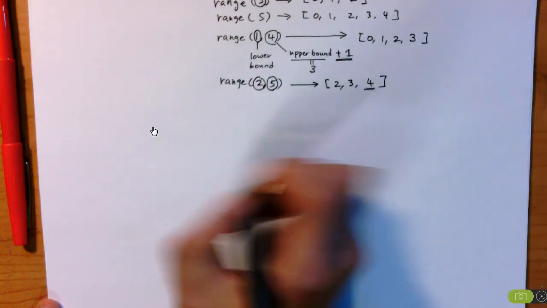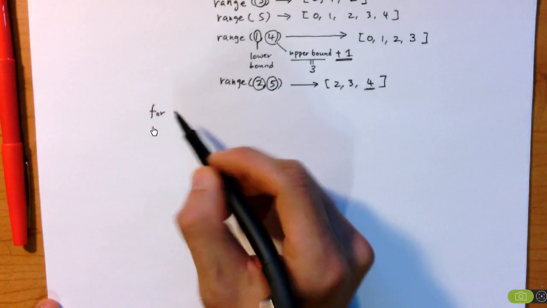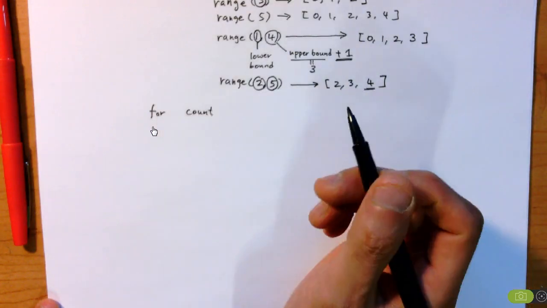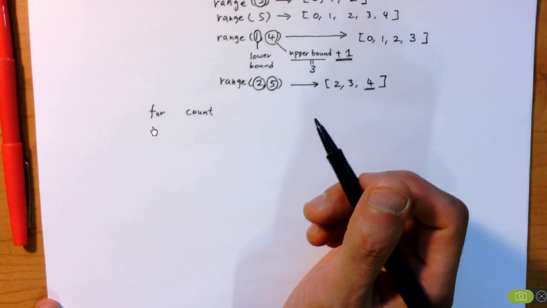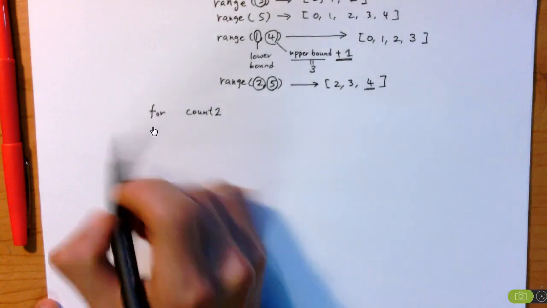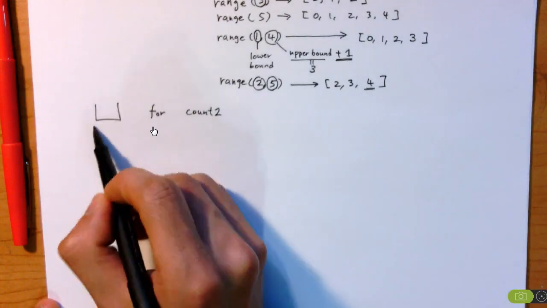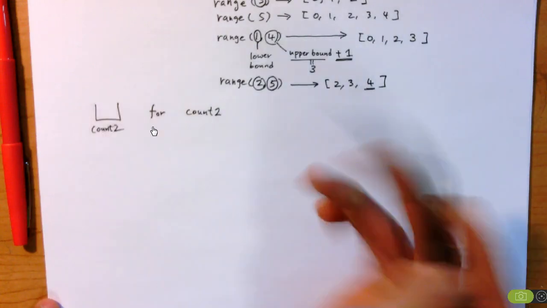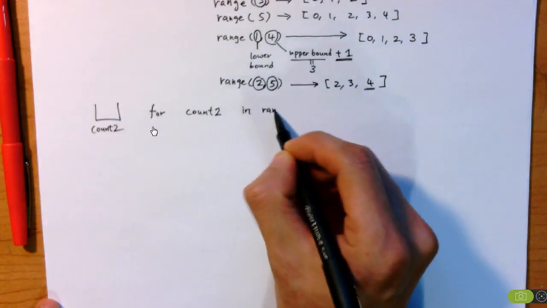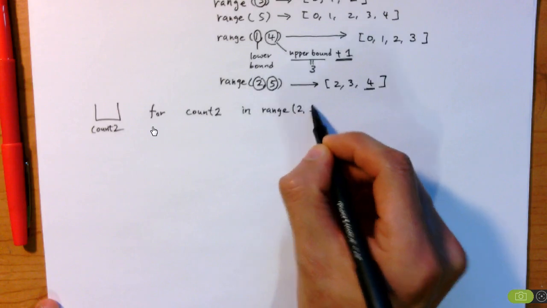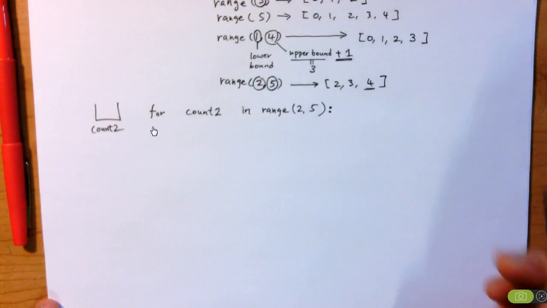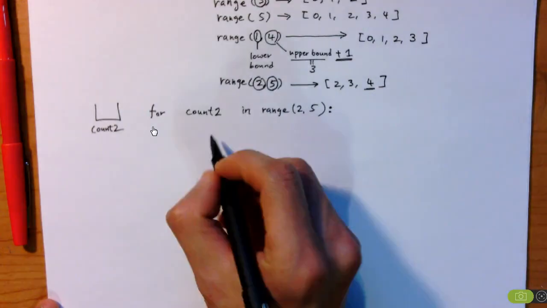So another example: we used count as our variable name in the previous example, so I'll just use a different variable name. In this case it's count2. So we have count2 in range 2 to 5. We have to use the colon, and then print